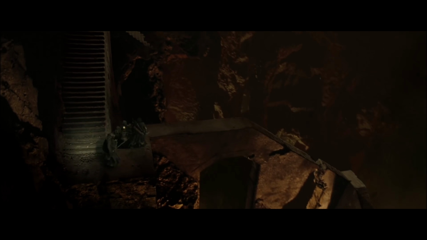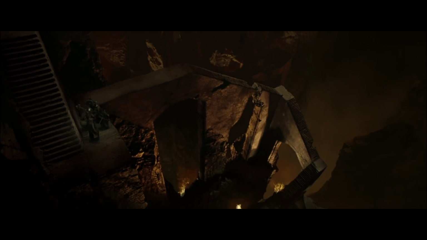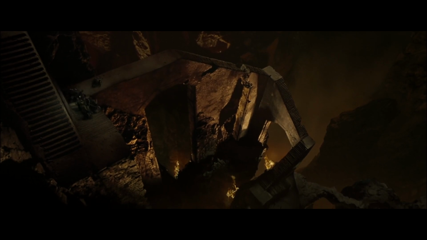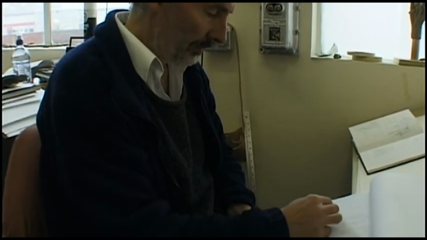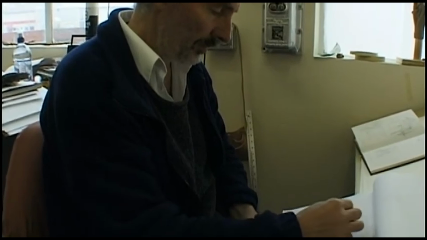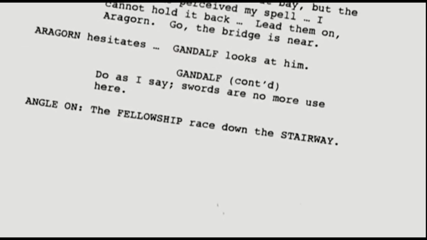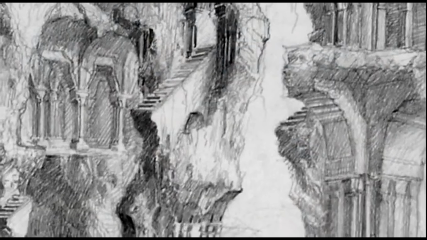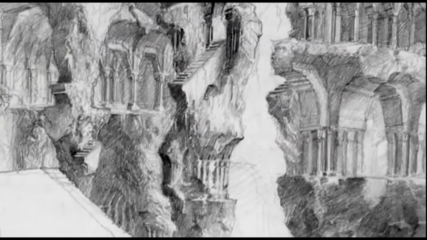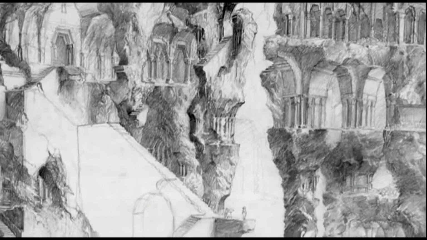And my favorite example of this is the crumbling staircase during the escape from Moria, definitely one of the high points of the trilogy. Unbelievably, this scene is not in the script. The text reads, "The Fellowship runs downstairs towards the bridge," and no action sequence was originally planned there. But when Alan Lee illustrated a staircase, Peter Jackson loved it so much he created this scene. And to this day, there's nothing in the script at that point.